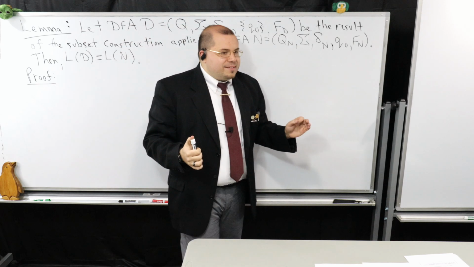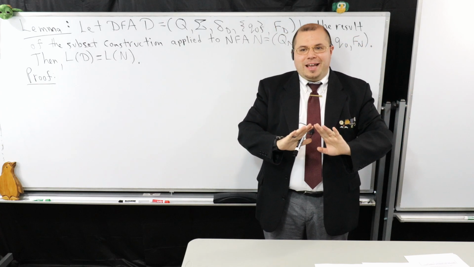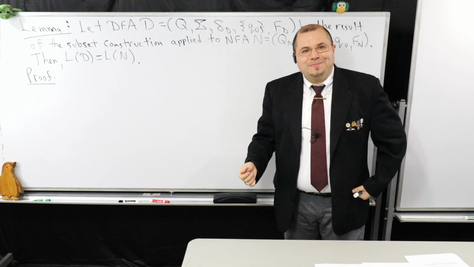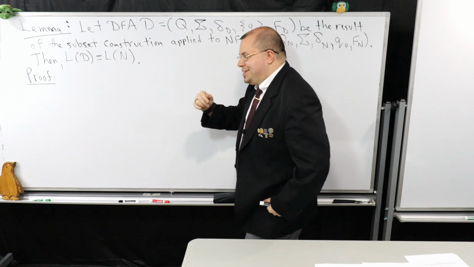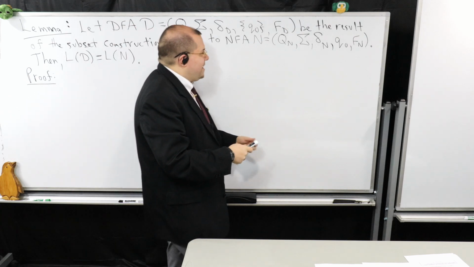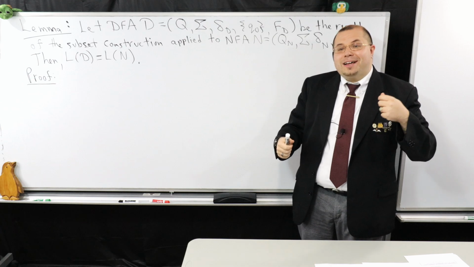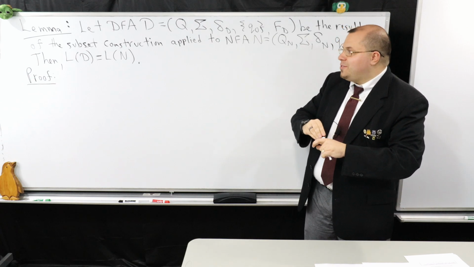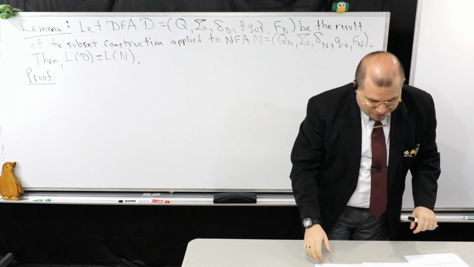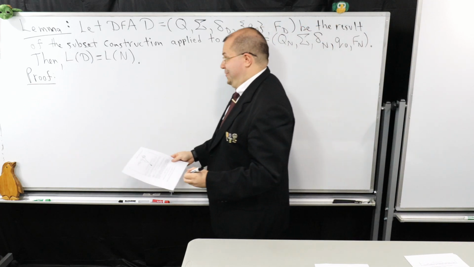What I'm going to do next is prove an important part of the overall scheme of showing the equivalency between NFAs and DFAs, which is proving that the subset construction indeed works. So I have to show you that the subset construction is correct. It's going to do what we said it's going to do. It's going to take an NFA and create from that description a DFA, and that DFA is going to have to be able to accept the exact same language. That's what the statement of this theorem, or lemma, because we're going to use it, states. It's going to do most of the heavy lifting for the big part of this proof.